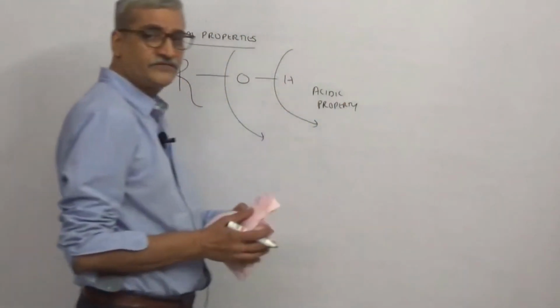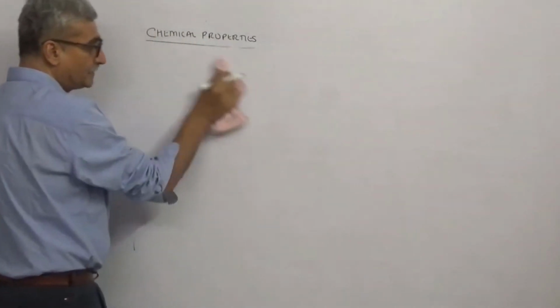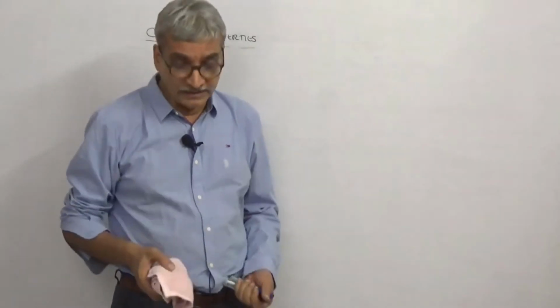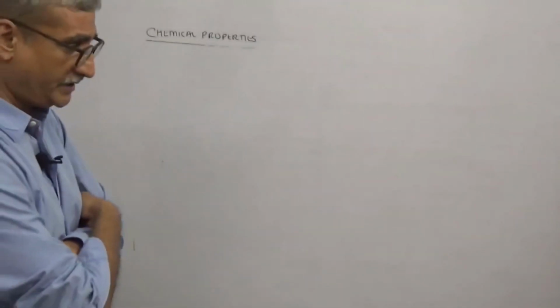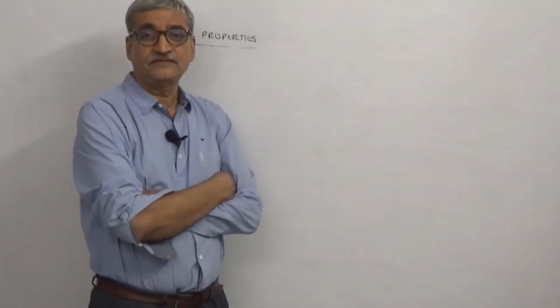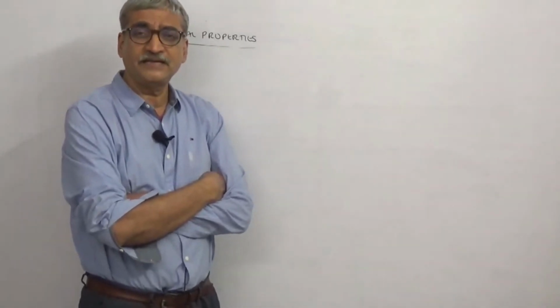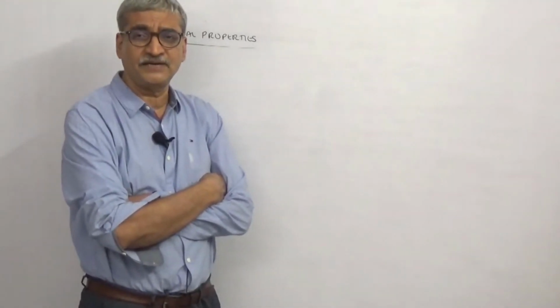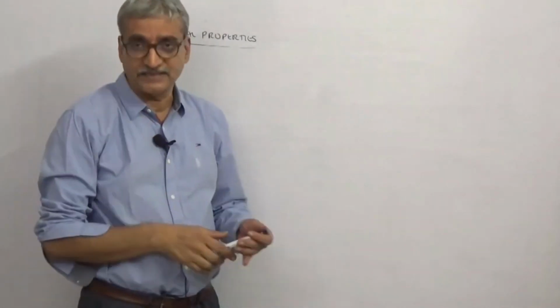One thing you must know from physical properties is that alcohol is neutral to litmus. Some teachers teach that alcohol is neutral. What does that mean? It means that neither does red litmus turn blue nor blue litmus turn red. But when do we say a substance is an acid? When it reacts with a base. And what do we consider as bases? Metals, metal hydroxides, metal carbonates, metal bicarbonates and ammonia. If any substance is able to react with even one of them, then we say it's acidic.